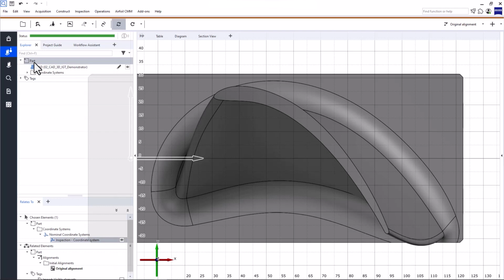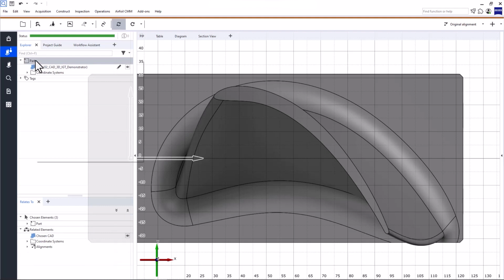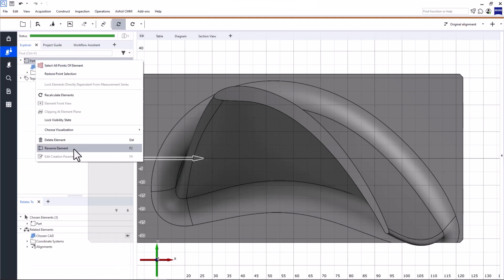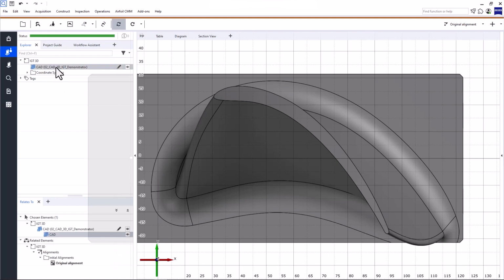You'll find the CAD data under your part, which you can rename either by clicking the right mouse button and selecting Rename Element, or by using the keyboard shortcut F2. I'll call it IGT 3D, short for Industrial Gas Turbine, and 3D because this will be the part with optical 3D measuring data. And here's the CAD with the original name in brackets.